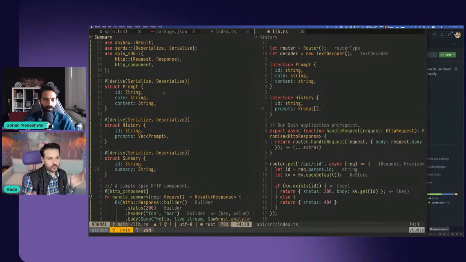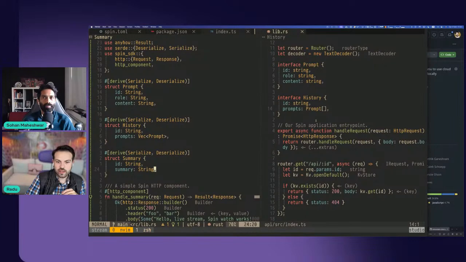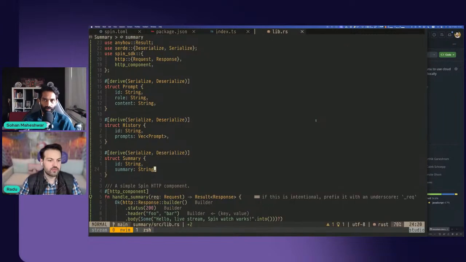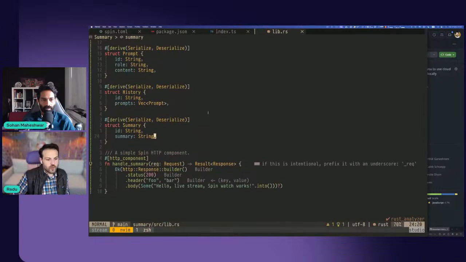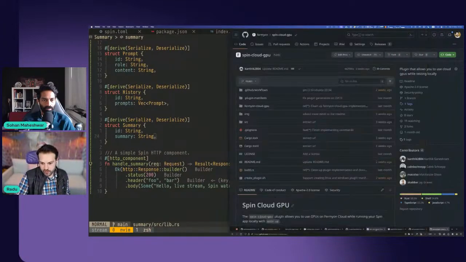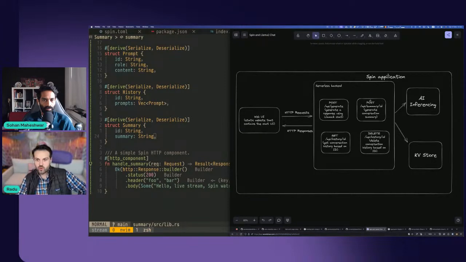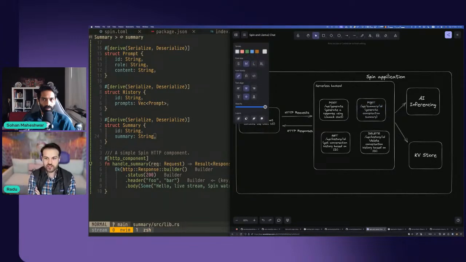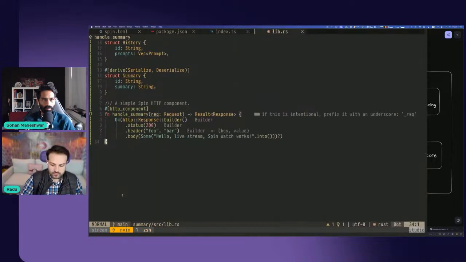Okay, so at this point, we should have all the required objects that we would pass around back and forth between the front end and the back end, and most likely we don't need to have the TypeScript implementation side by side. Okay, so the way we want to build our API endpoint is we want the UI to just send us the conversation ID, and for our new API endpoint to just return the summary of that conversation ID. So what would need to happen is